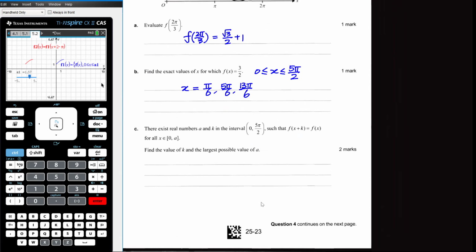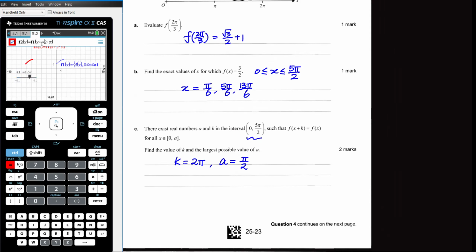The domain doesn't quite match. This is my concern, but I believe the answer could be k equals to 2 pi. Say if you use k equals to minus 2 pi, it doesn't lie in the interval. Isn't that a contradiction? And a equals to the largest possible one should be half pi whatsoever, okay? And I think that's the intention. But see, that's the problem. If you consider the actual domain of that,